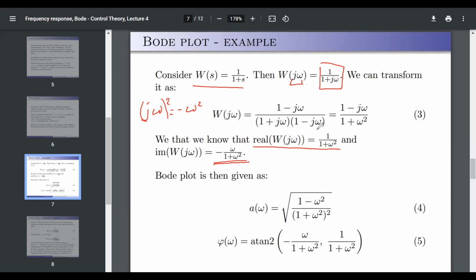Yeah. Sounds very simple. If we wanted to plot those, we are already done. That's what we have. But what we want to plot is actually not real and imaginary parts, but amplitude in decibels, remember, and angle. So for the amplitude, what we do is we square this plus square this and take the square root of it. So that's how we get this expression. Square root of 1